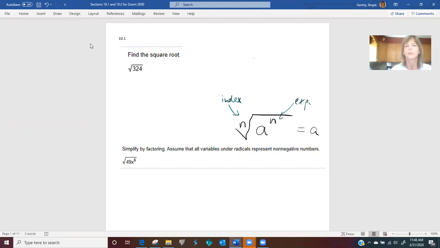So if it says find the square root, yes, you can use your calculator. It's just when we start using variables, you need to know this rule. So right now, if you didn't have a calculator, you might take that 324 apart and split it up into